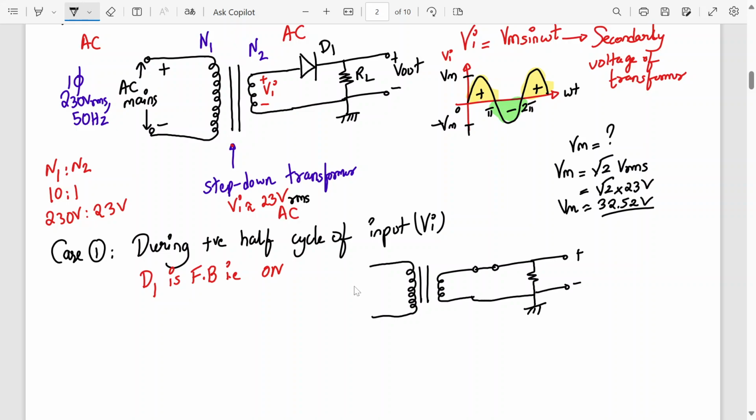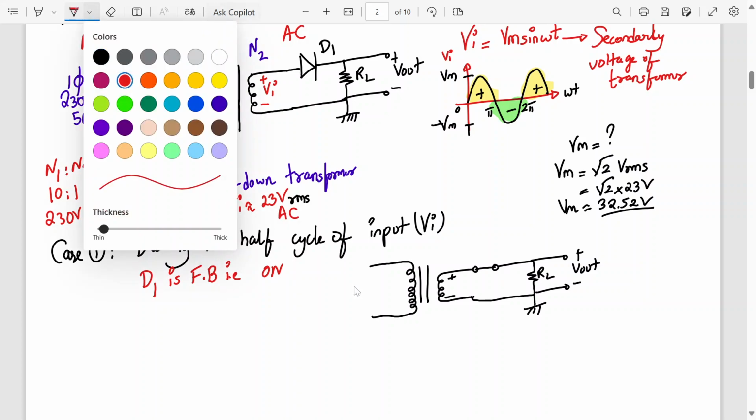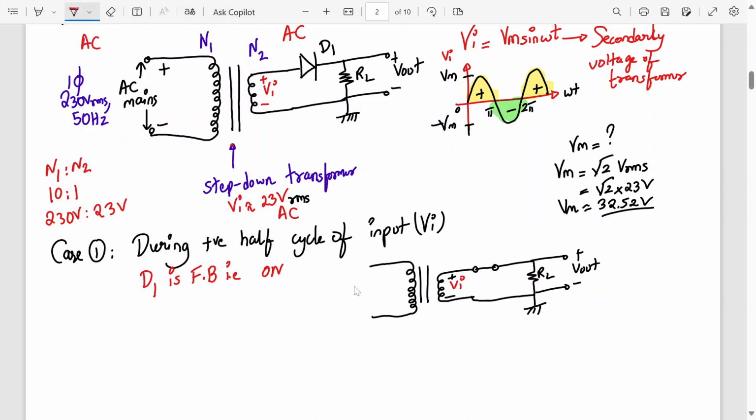So this is V out, this is RL, this is Vi. So now tell me what will be, this is V in. So V in and Vi are different things. And this is diode 1 on. So will the current flow in the circuit? Let's call that current I out. Okay. Now diode D1 is on. What will be the V out voltage now? Tell me. Looking at this circuit,